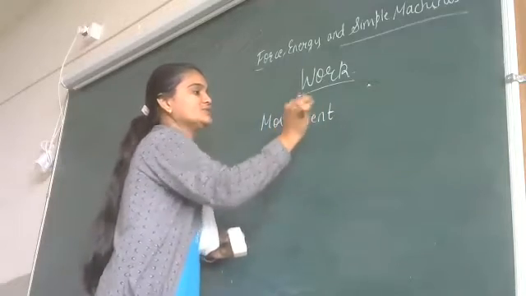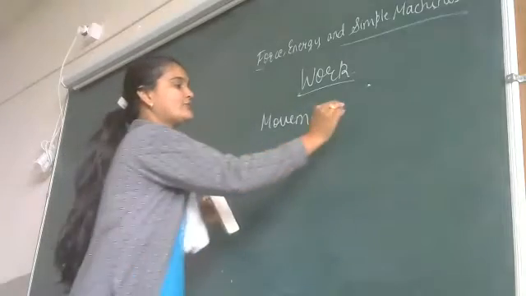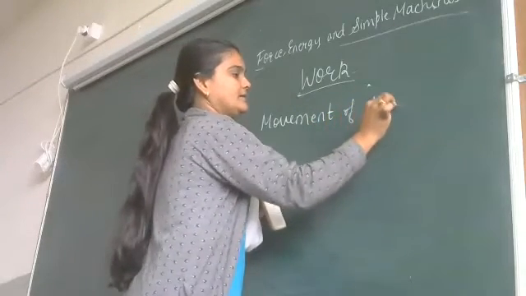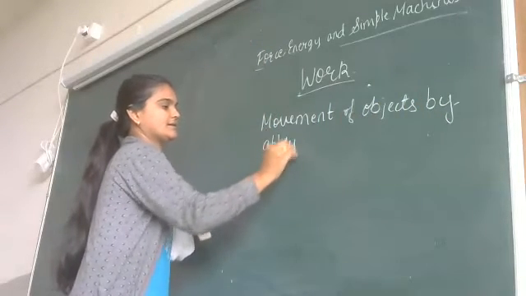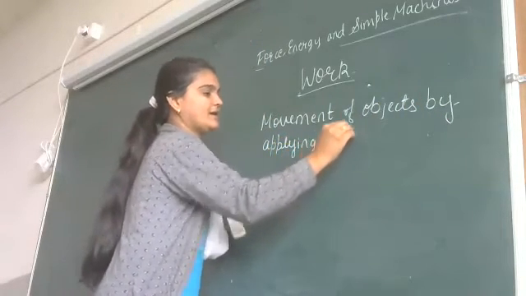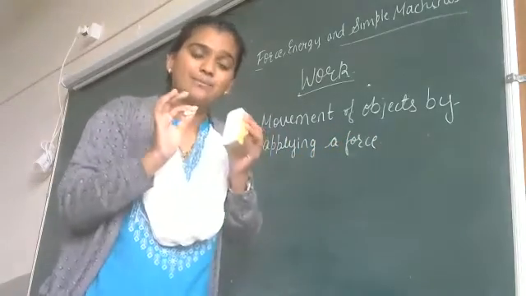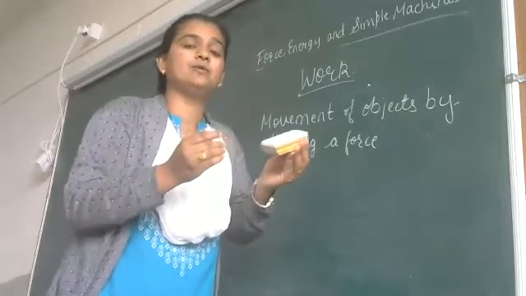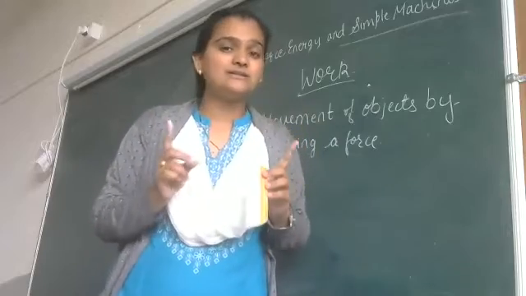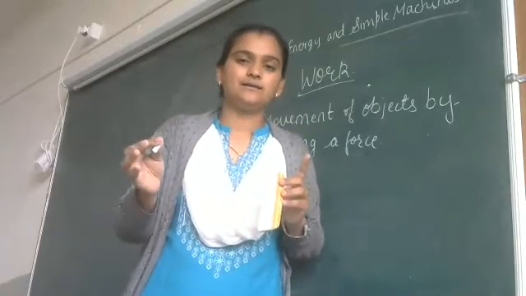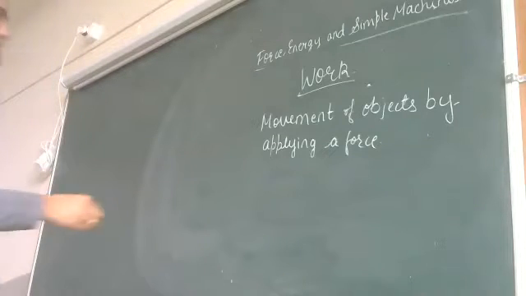If there is no movement, then you see that there is no work done. Okay? It means movement of objects by applying a force. It means that there should be an application of force. You should apply a force for the movement of the objects. If the objects are not moving, then we cannot say that work is done. Okay, here, for example,